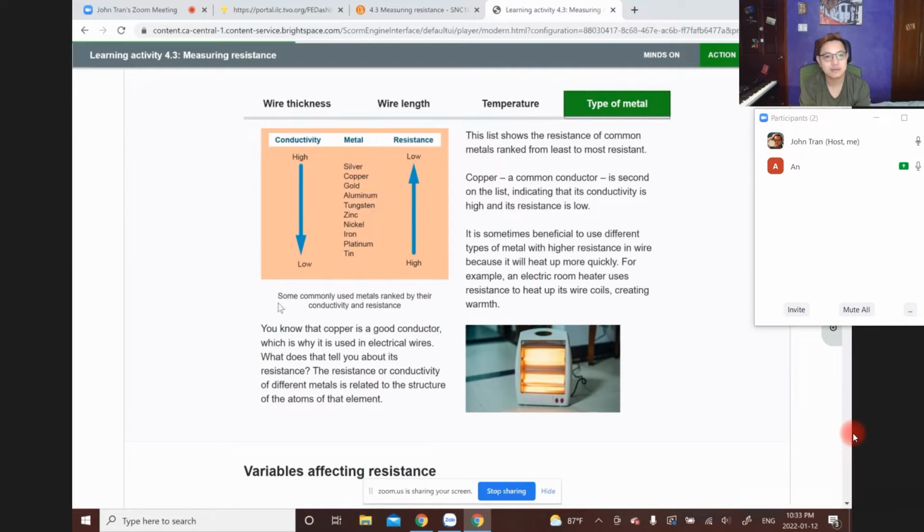Okay, and then tin, tungsten, aluminum. Sometimes we need that resistance because that resistance produces the heat. So that's why we use them in clothes dryers, for example, hair dryers, heaters. What else? Stove,